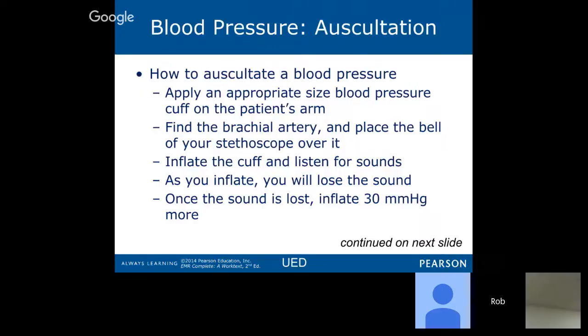Inflate the cuff and listen for sounds. As you inflate, you'll lose the sound. Once the sound is lost, inflate 30 millimeters more. I have a different way of doing it, but this is probably the way that you should know. I typically go to 160. If I don't have any sounds at 160,